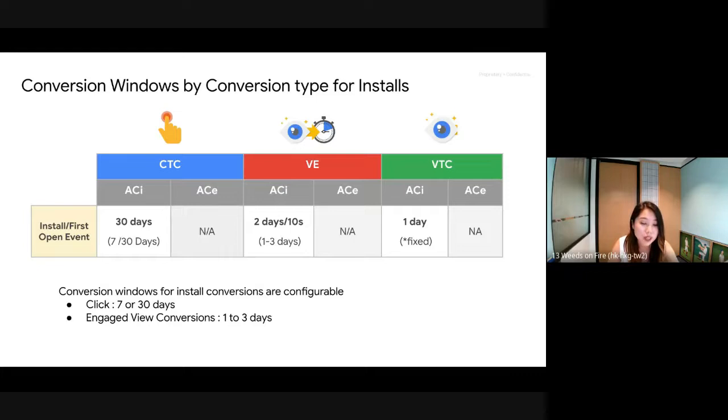This is a new configuration change, so I just want to share it with you to keep in mind when you are thinking about conversion windows, ensuring those comparisons are completely the same. For click-through conversions, video engagement, and view-through conversions, there are also different conversion window settings. So please refer back to this slide, or later on we'll share some information so you can always check back.